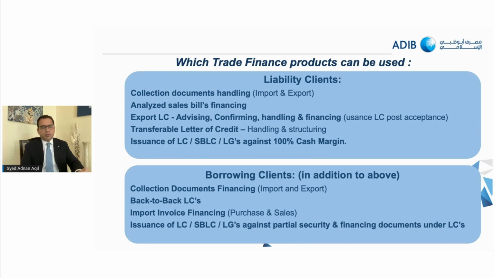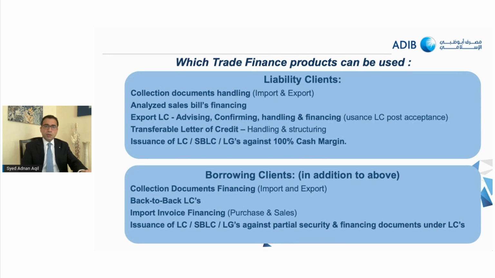Many queries we receive from our SME customers: can we finance an LC before shipment? Unfortunately, for liability clients, that is not a policy, or the option is not available. The reason being that pre-shipment financing means that we are taking a risk not on the LC but on that client,